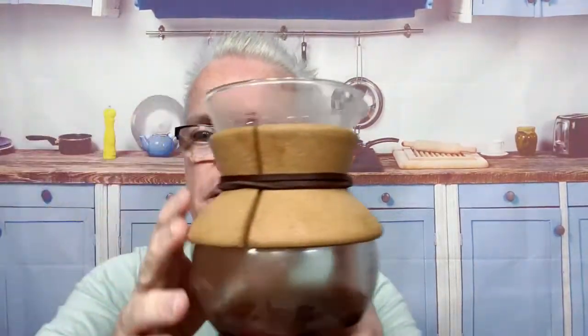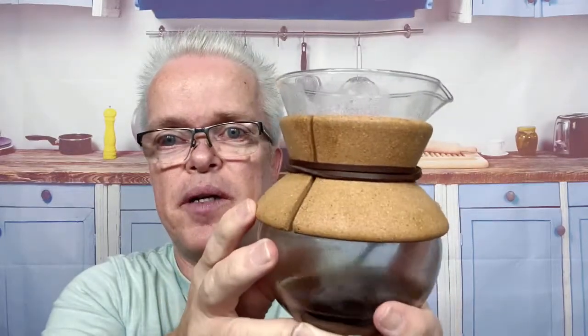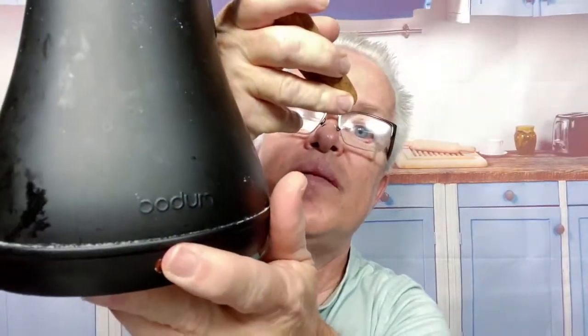Cool. They actually make a bigger one than this one. This one's pretty good for just a cup on the go. They actually have a larger one, like double this size. And they have a Chemex, what they call a Chemex. But this one's a Bodum. And you can see, I can show you here, I don't know if you can see. There it is. There's the name of the...